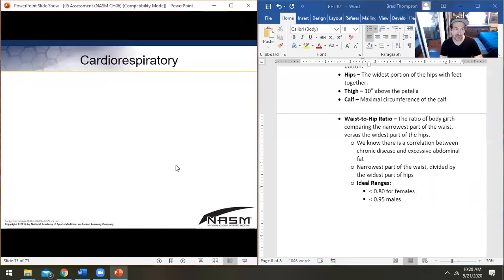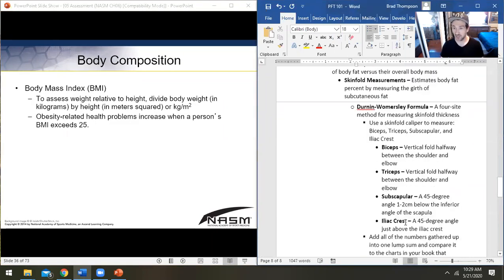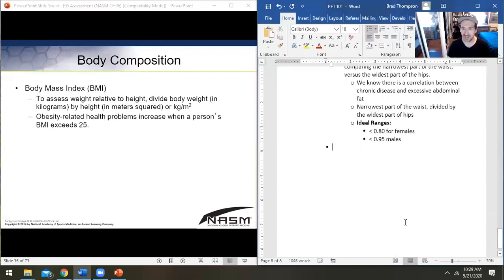Cool. Last little bit of body composition stuff. Our final little bit here is going to be BMI, which I know we've talked plenty about, so we'll get through this one real quick. So body mass index, or BMI, right? That is going to be a calculation